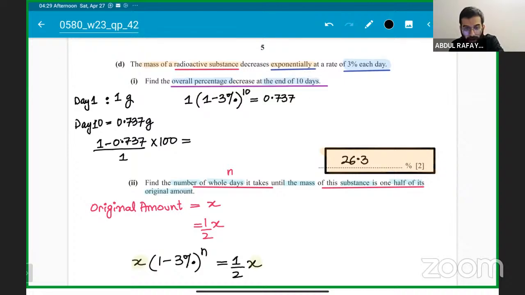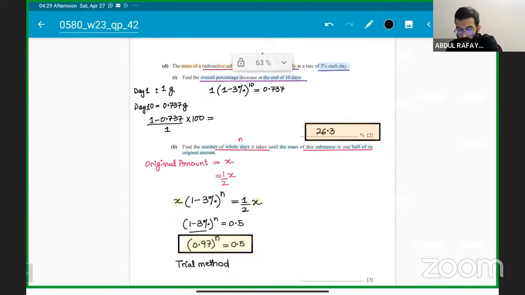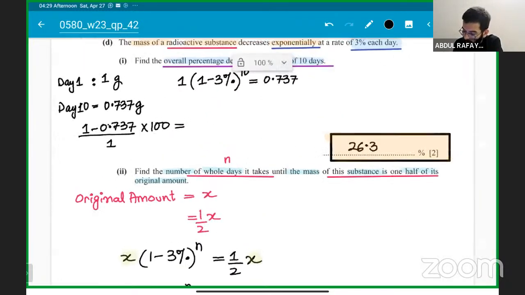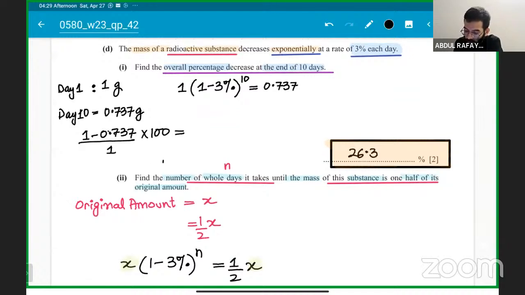पहला तो आइडिया आपको ये होना चाहिए, जब आप ये क्वेश्चन पढ़ रहे हो, आपको आइडिया होना चाहिए कि थोड़ा टेक्निकल क्वेश्चन है, कि आंसर जो है वो 100% 10 से ऊपर आएगा। क्यों? क्योंकि हमें 50% डिक्रीज चाहिए। अगर 1 से 0.5 पे पहुंच रहा है, तो इसका मतलब क्या है? डिक्रीज 50% का है। तो 26.3% डिक्रीज आया, हमें ज्यादा डिक्रीज चाहिए। तो कॉमन सेंस बता रहा है कि क्या आंसर होगा।